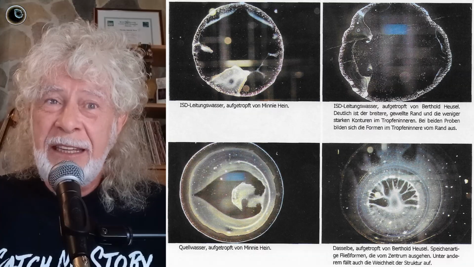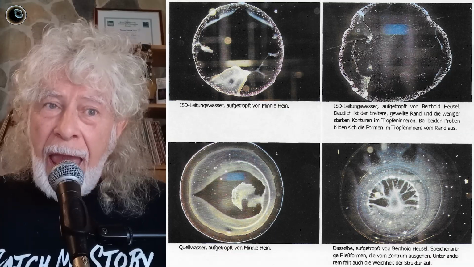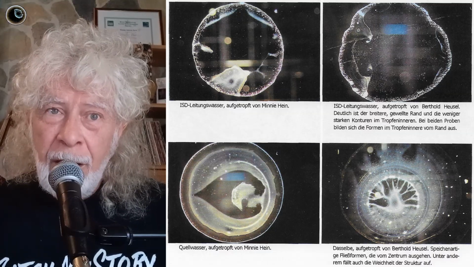So you can see that depending on the person doing this work, the images look different, but at the same time, you also see that these two images above are still similar, and the two below, they also are similar and look clearly different to the ones above. So this means if you have persons doing various droplets of different waters, they look different depending on the person, but horizontally, if you look at the same waters, they still look similar, even though different persons would be doing the work, which is important and interesting.